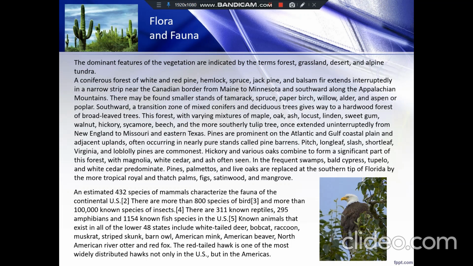You may also observe more than 311 known reptiles, 295 amphibians, and 1,154 known fish species. Known animals that exist in all of the lower 48 states include white-tailed deer, bobcat, raccoon, muskrat, striped skunk, barn owl, American mink, American beaver, North American river otter, and red fox.